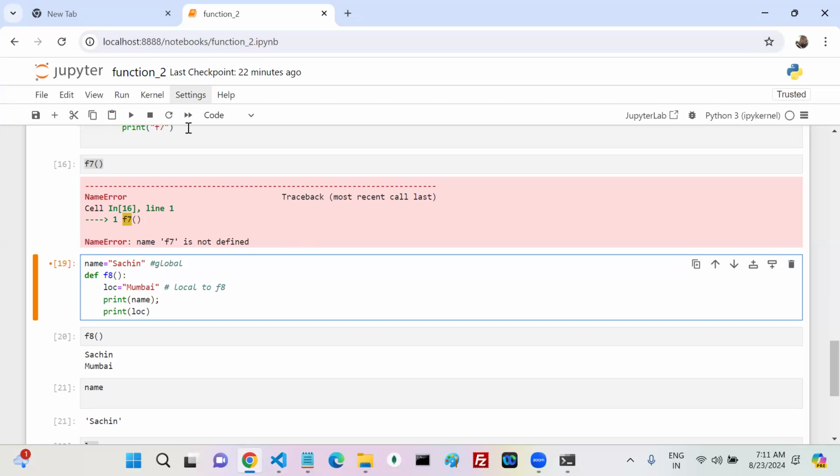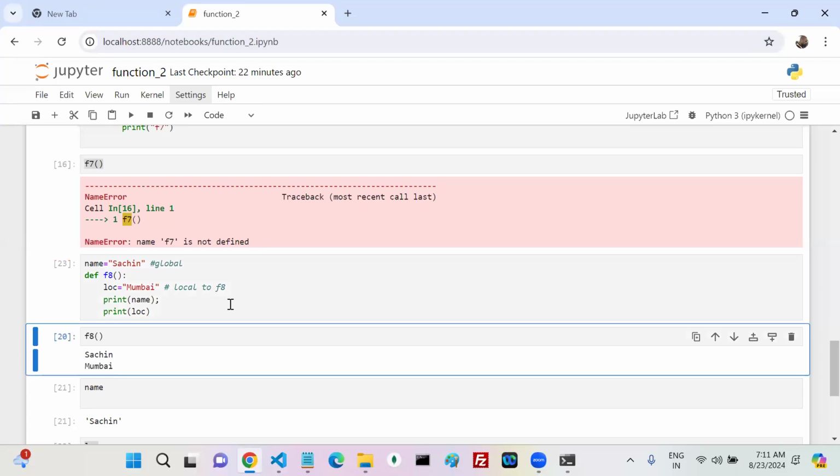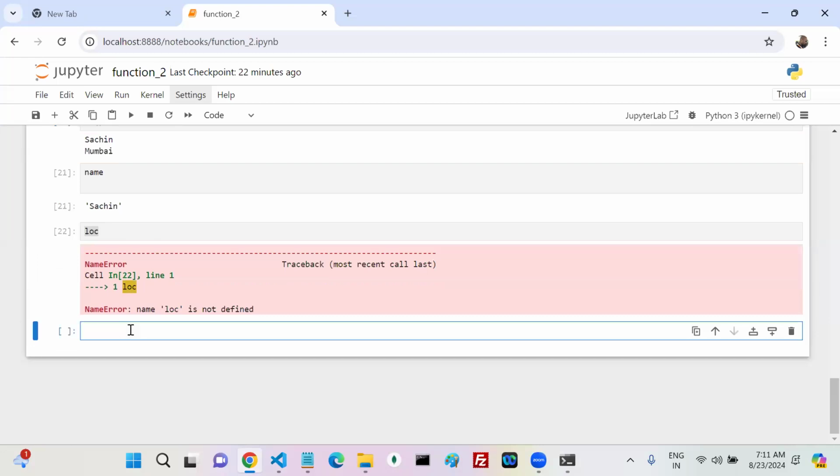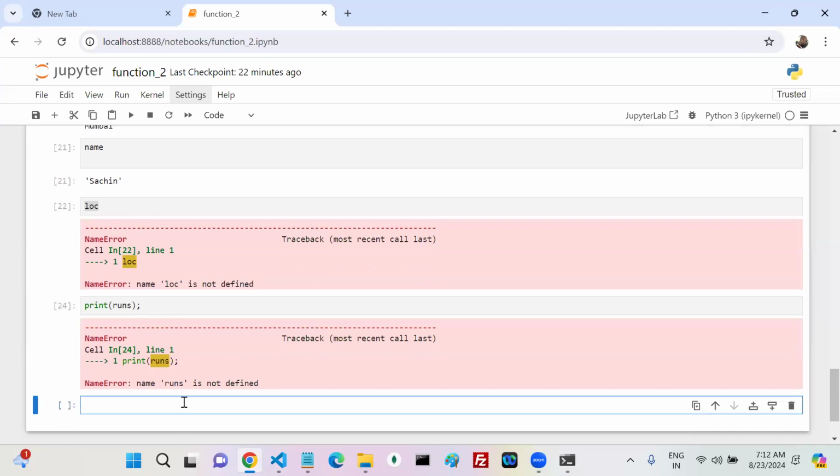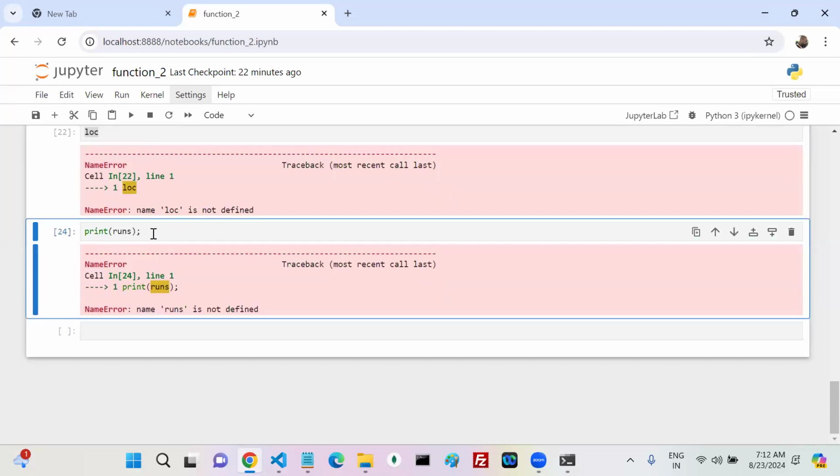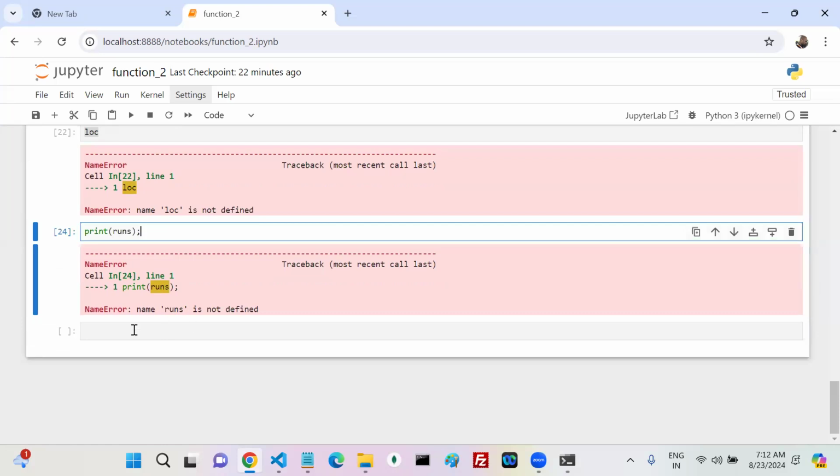So for good, everyone, can I write some other code snippet? Can you answer this? Okay, see. You know that print runs, what is my error? Runs is not defined.